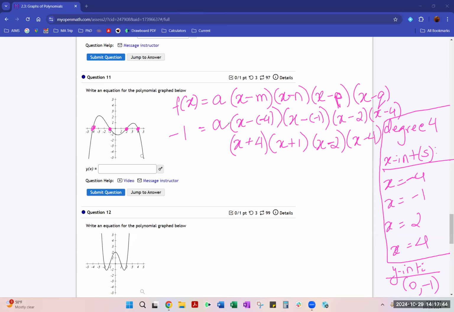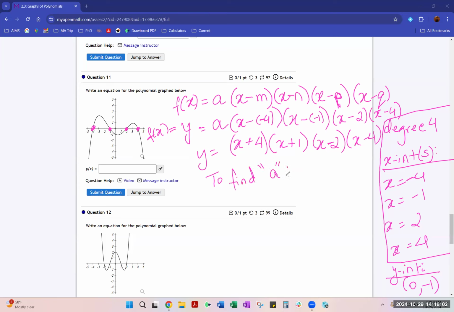Actually, let me not put that there. I'm just going to replace that f of x with the y, so you can see where the substitution happens. Okay, so to find a,